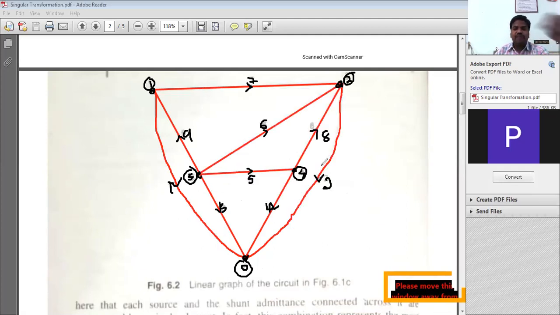So from this graph only, now we are going to obtain the Y-bus formation by using element node incidence matrix, etc. Already we have seen all these things, but in the last class I have not explained the Y-bus formation by considering a graph. Now in this case, I'm going to explain the same concept by considering this simple graph, right? So this is the graph, right?